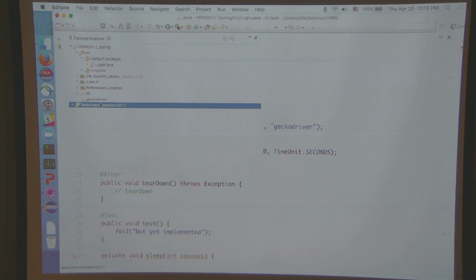Oh, that's where I put my jar. Instead of leaving my jar hanging out in the project, I actually created lib and put the jar in my lib. But you need to do it before you add it to build path. All right? So remove it from build path, add it to lib, add it again. Or just leave it where it is and don't touch it and you're fine.